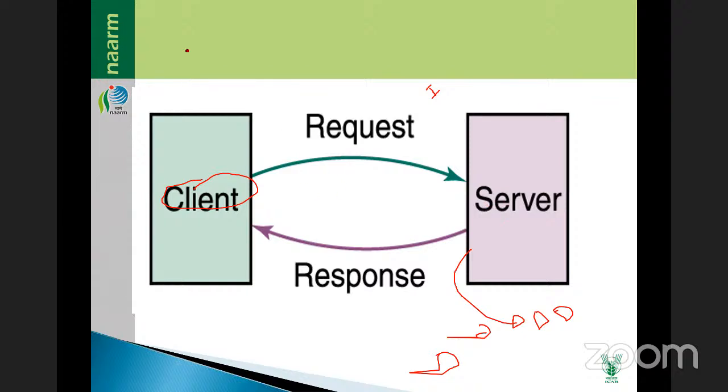Cookies: whenever you are sending cookies, what does it mean? It is a small type of programming. What is a program? A program is nothing but a set of instructions. Why are we giving a set of instructions to the computer? Only by writing programs can the computer talk to us and do the work. We send instructions, and that is called programming. Nowadays we call it coding. Coding is also programming.